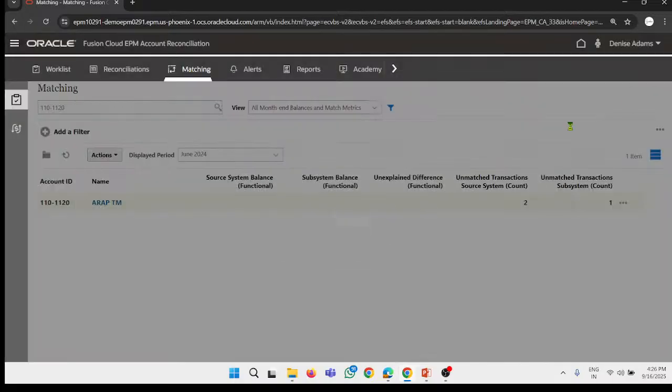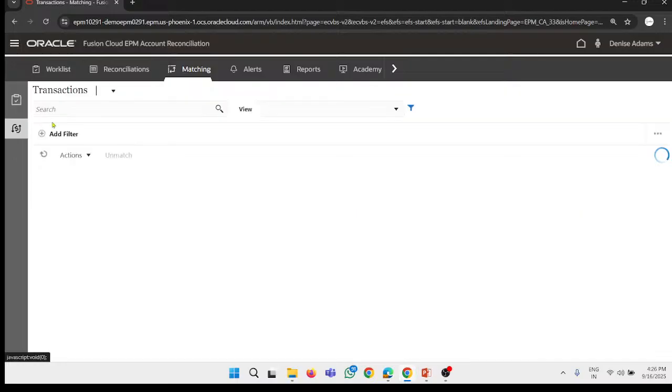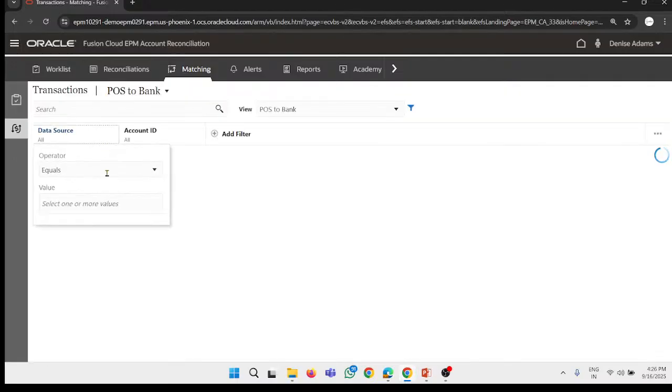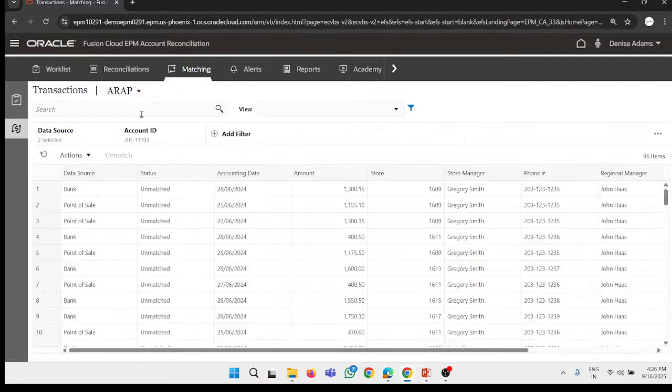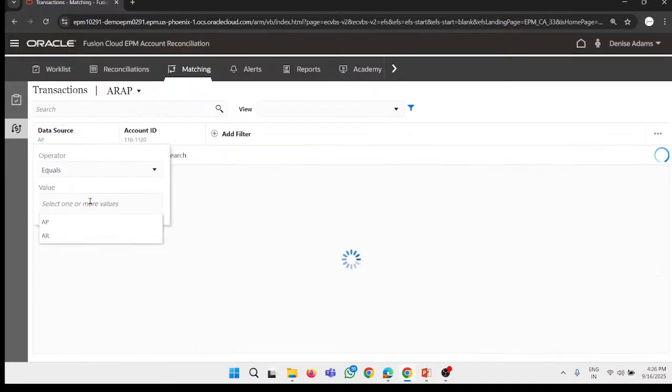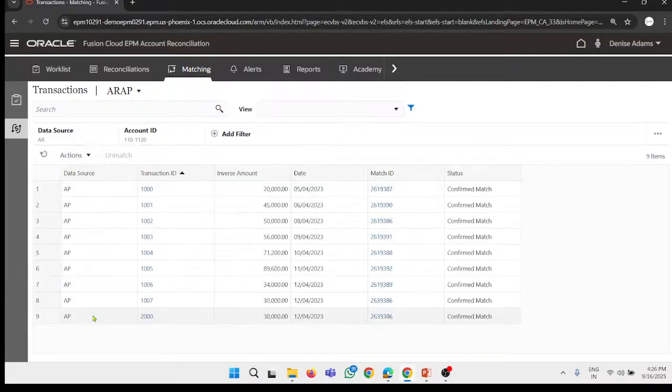Okay, now close this and go to your transactions, and there just have a look with your data sources. Okay, my data source, first select the transaction which is ARAP, and operation is equals to, first we will be seeing the transaction of AR, which is our source system. Okay, look here, each and every transaction have been confirmedly matched,